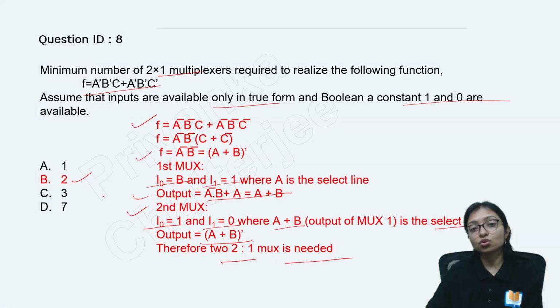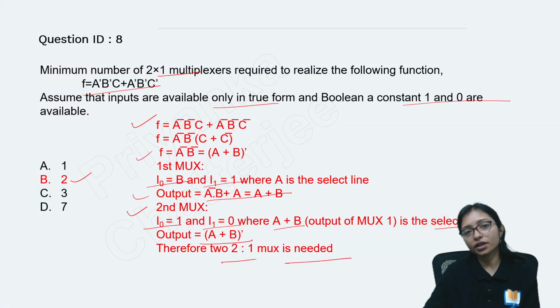2x1, because without 2 you will not get, because here are 3 variables. You can see 3 variables. Using 3 variables, one multiplexer is not possible. Using two multiplexers you can do it, because